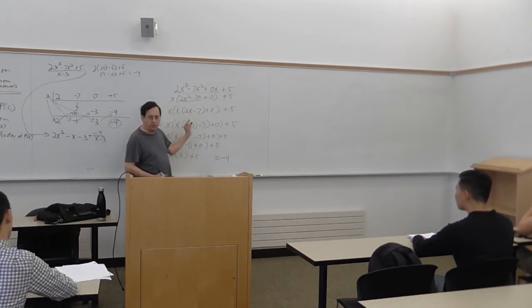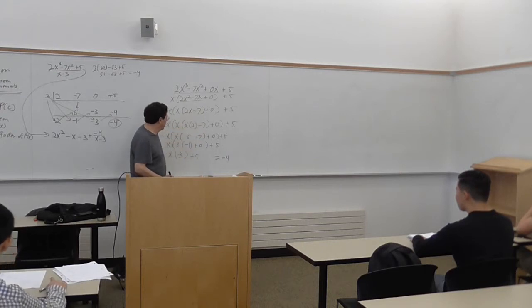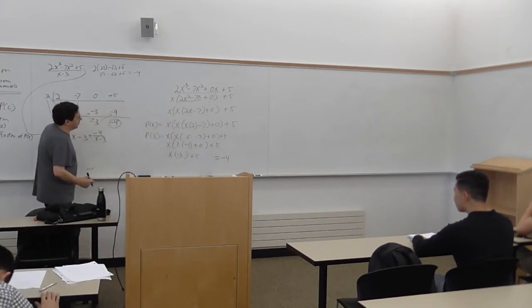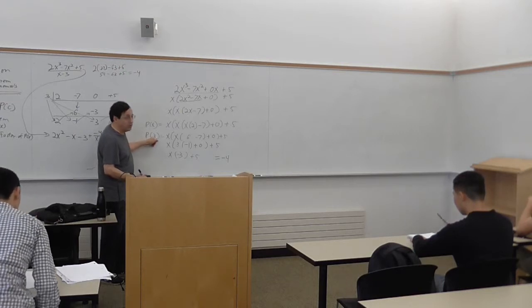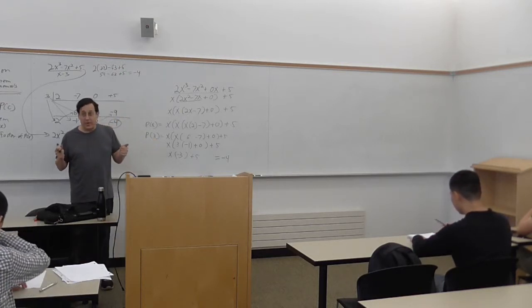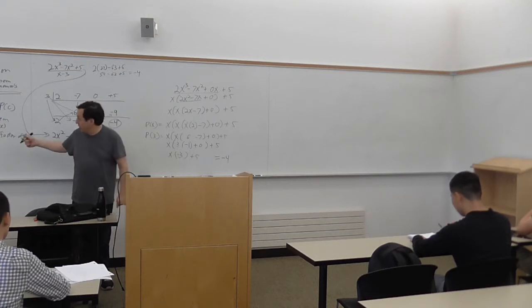I just have 2 things and I compute, multiply, add. And I noticed that in the process of calculating p of 3, which I know will get me the remainder, from the remainder theorem,